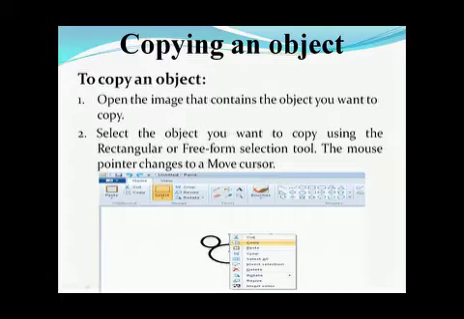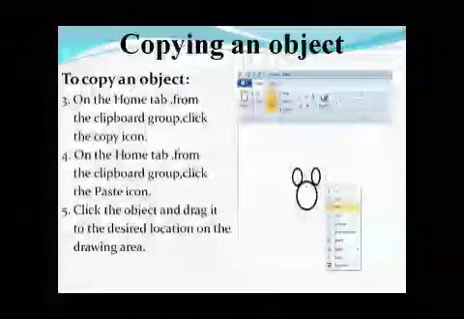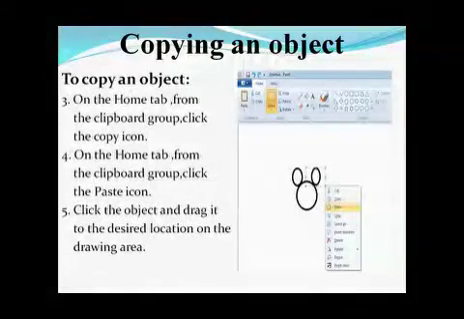Again, we have to follow these steps. First of all, open the image that contains the object you want to copy. Now, in the next step, select the object you want to copy using the rectangular or freeform selection tool. The mouse pointer changes to a move cursor. Now, from the Home tab, in the Clipboard group, click the Copy icon.